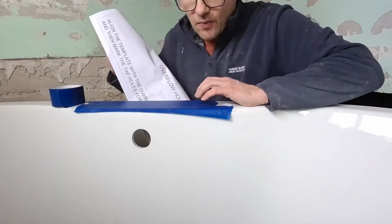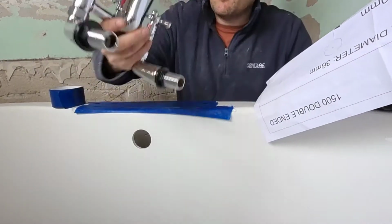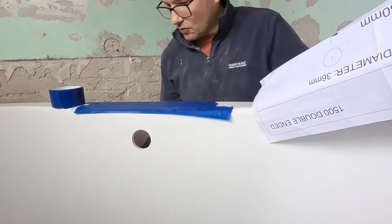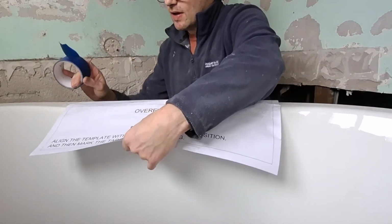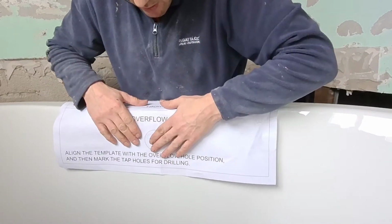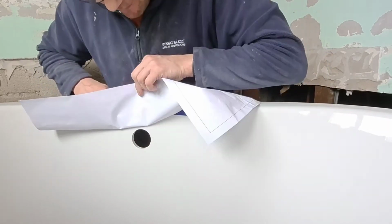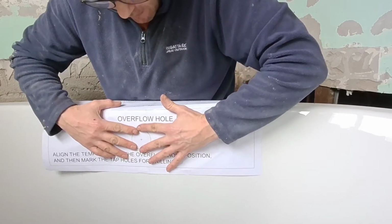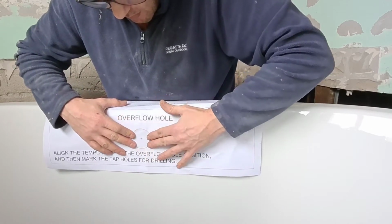So in this video we're going to be showing you how to fit the taps to the bath like that, and they will fit on there. Now some baths come with holes that are already drilled, these don't, so they've provided a nice nifty little template for this one, and all you do is a circle there where the overflow goes, so you can just simply feel your way till it lines up with the hole,